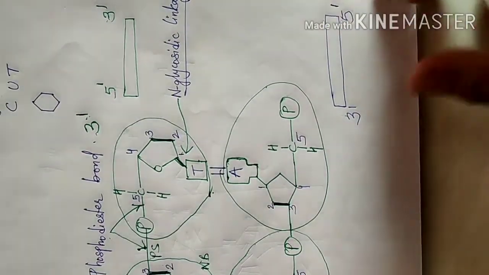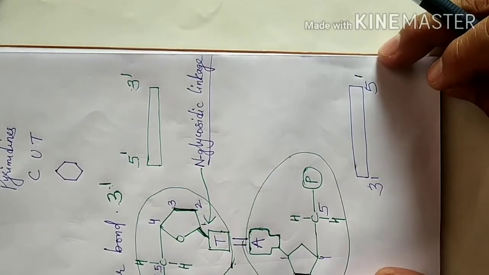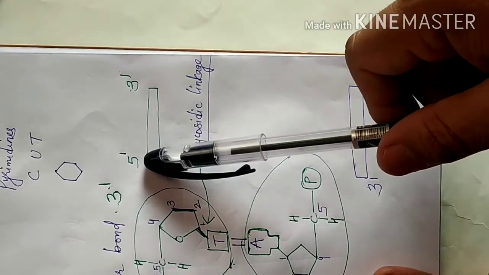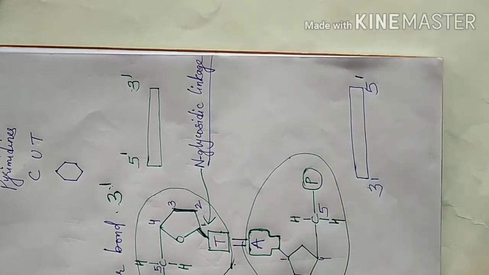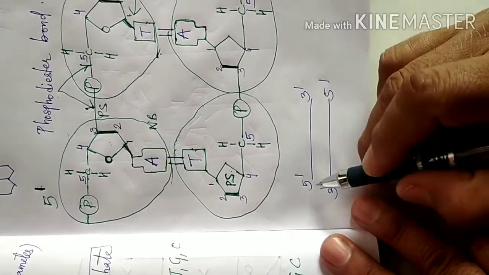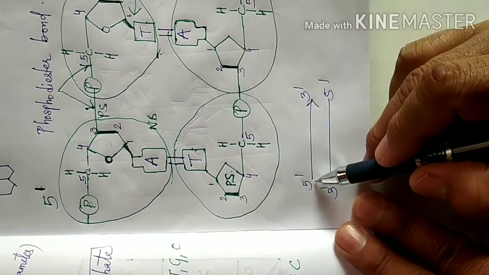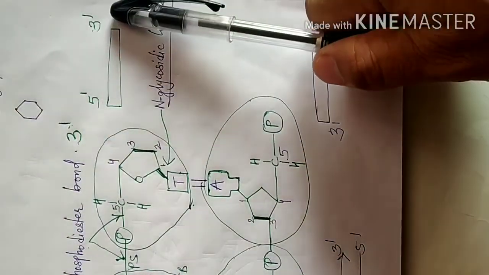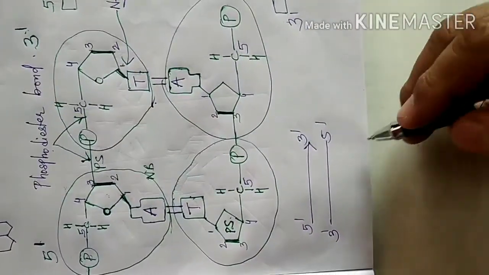Okay, 5 prime. So therefore if we now come back to the structure and the direction, more specifically the direction, we see one helix, if it is 5 prime to 3 prime, the other helix is 3 prime to 5 prime. So we can also write in this form. Okay, 5 prime to 3 prime, one helix. Just as we discussed, 5 prime to 3 prime, the other helix 3 prime to 5 prime. So we have shown it.